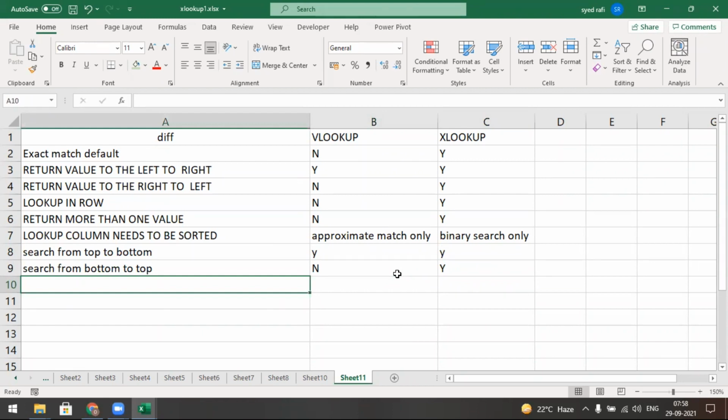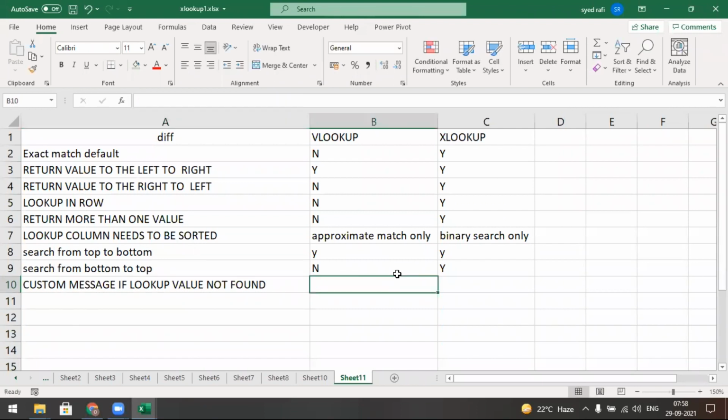And custom messages. If the lookup value is not found, can a custom message like 'record not found' be given?